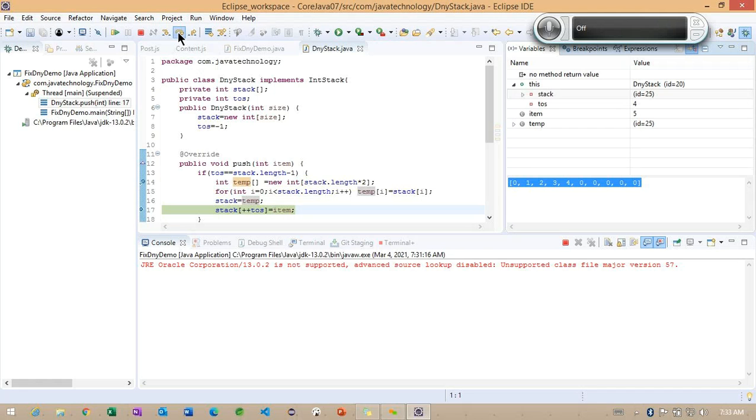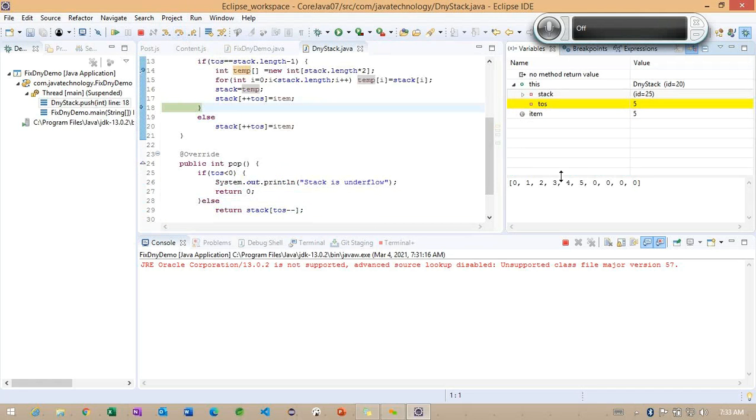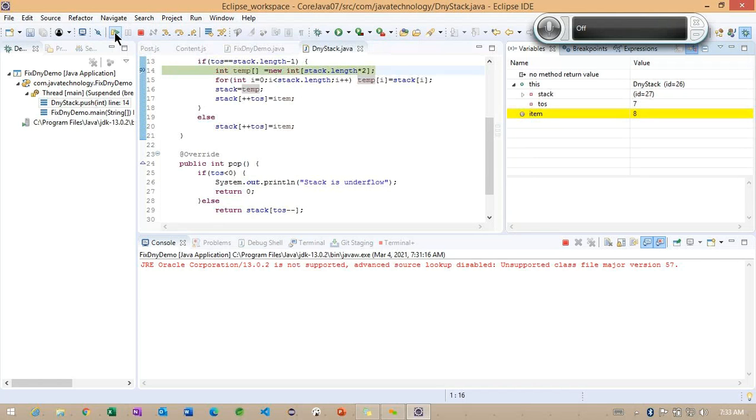And after that, the 5 value we are inserting. So up to 4 we were having, and the 5 is also created just now. Getting the point. So this is the way the particular new array is going to increase.